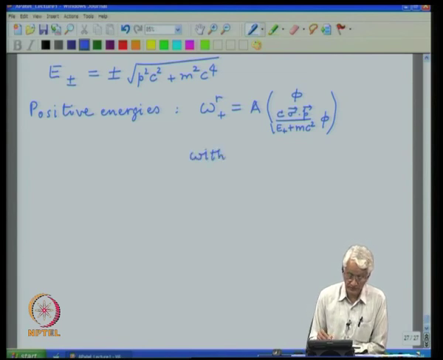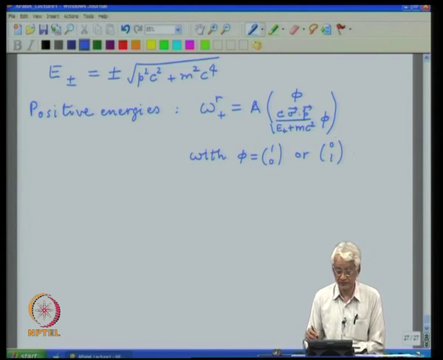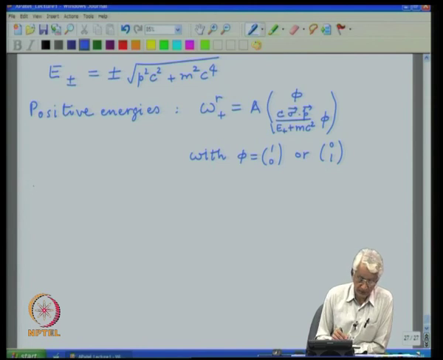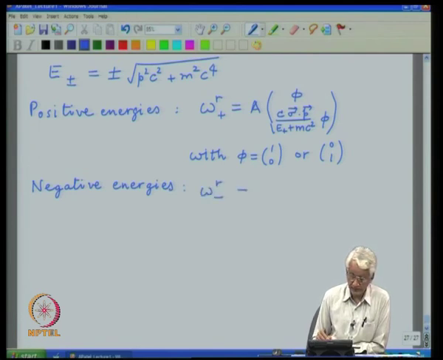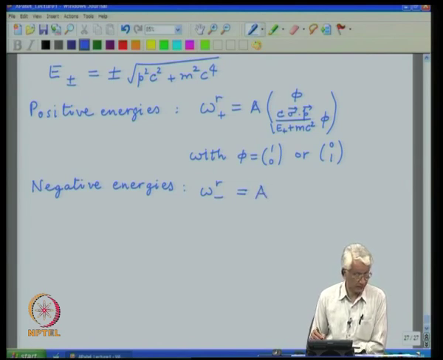One can choose the basis for phi, a rather trivial choice, which actually corresponds to up and down values of the spin. The analogous solutions for negative energies are written now in terms of the lower components,